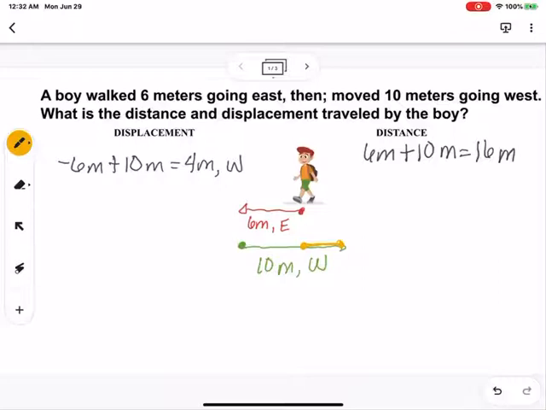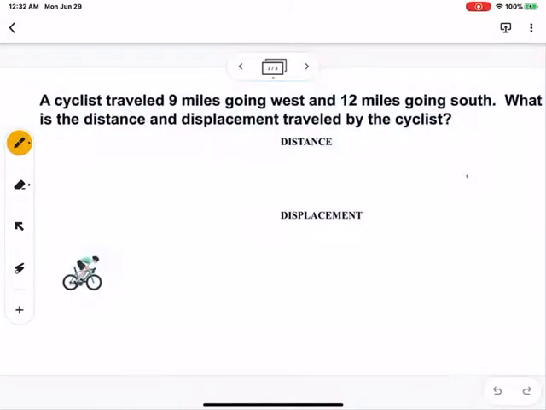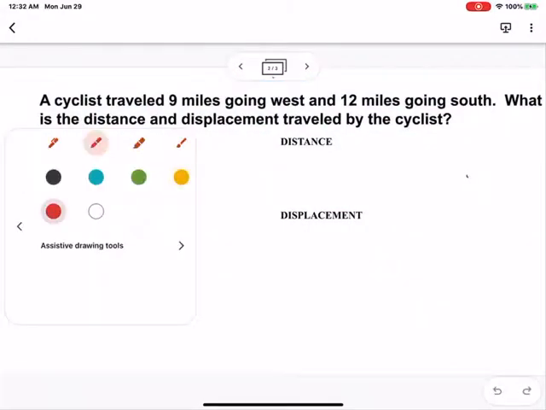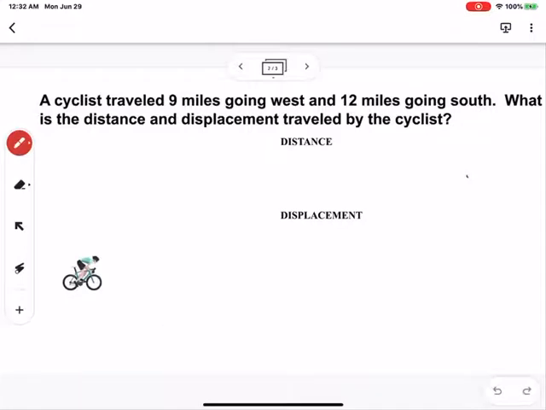So let's have another example. So here it says that a cyclist traveled 9 miles going west and 12 miles going south. What is the distance and displacement traveled by the cyclist? Again, let's illustrate our movement using a diagram. So the starting point of the cyclist